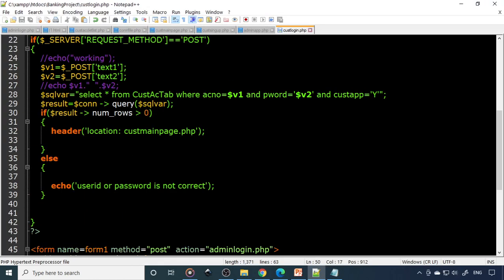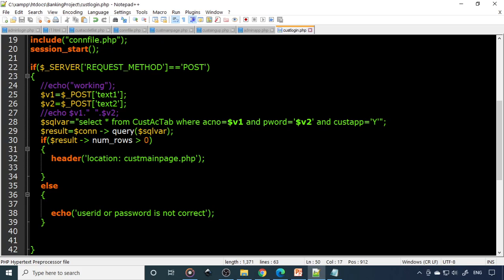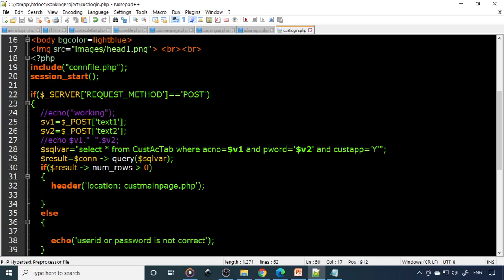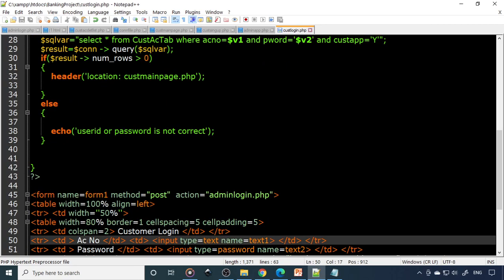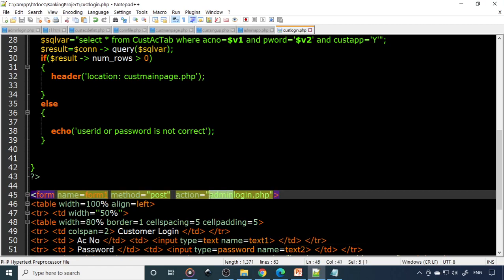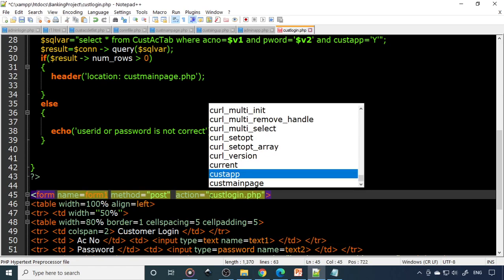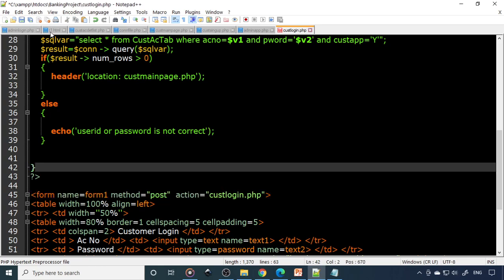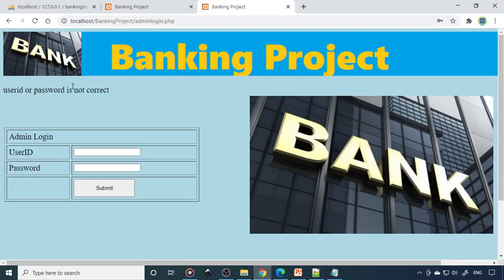Okay, so now what is wrong? Okay, so this is the problem. So it is going to admin login. So the moment you type it goes to admin login. So therefore we are in admin login now, not in the customer login. Therefore the problem. So here we need to change the action. So you need to change here to customer login. So when you save and copy the same file as a different file, we need to make changes everywhere. Otherwise this kind of errors will come.